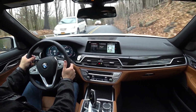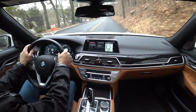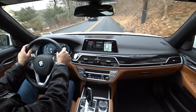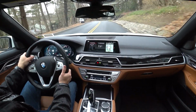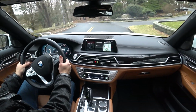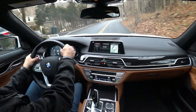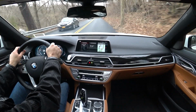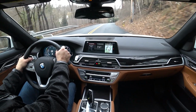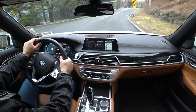For me to take this big car and fly up this hill and go through some of these turns and have confidence, I wouldn't do that in an S Class. I just don't feel the confidence in that car, whereas I would drive it a lot slower. We got some nice twisties here. Steering could be a little less assisted, but like I said, I'm asking a lot for a big...